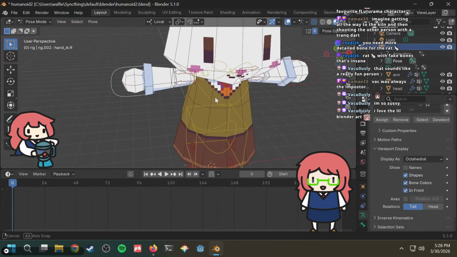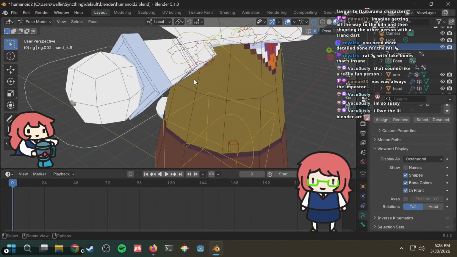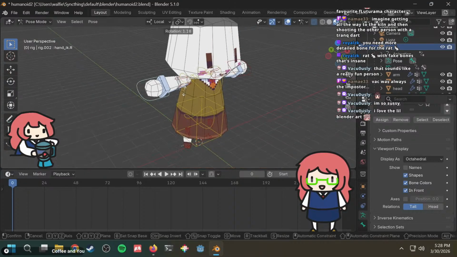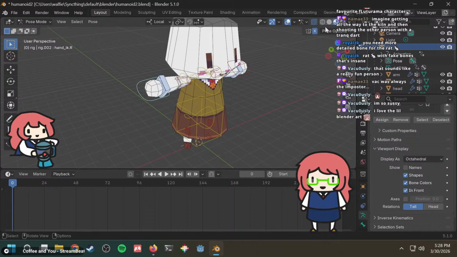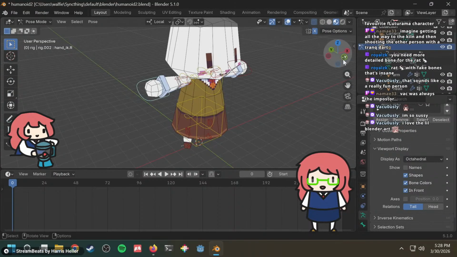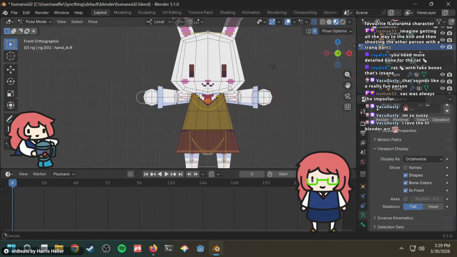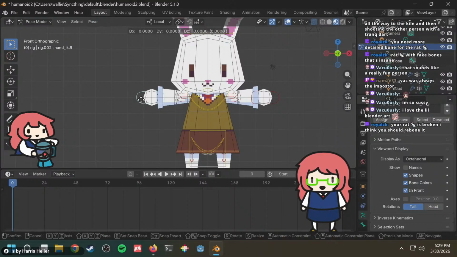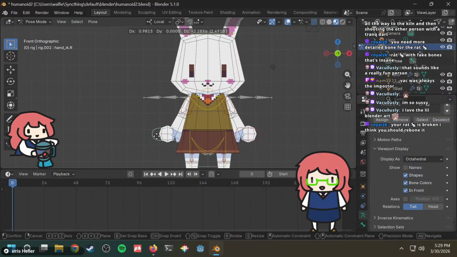I think this bone is not rotated enough. Like if I grab the arm, hold on. Let's center it about this axis, and then you grab this, you bring it down.